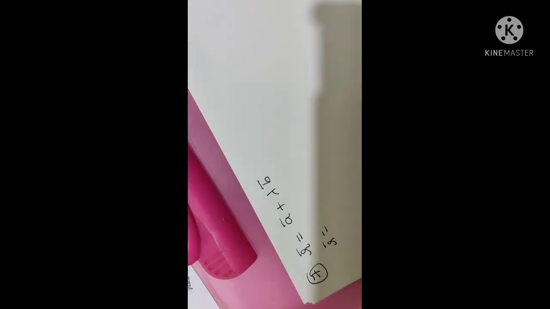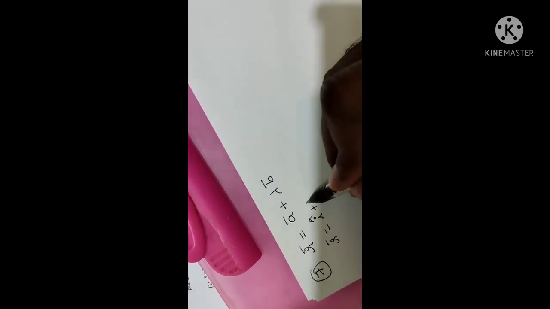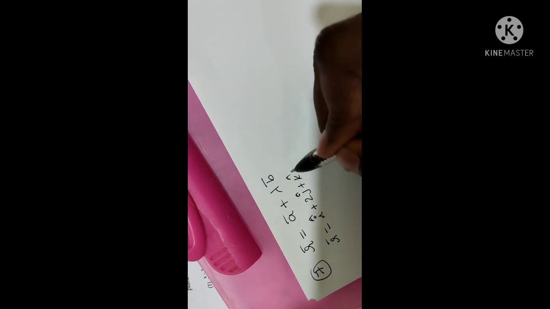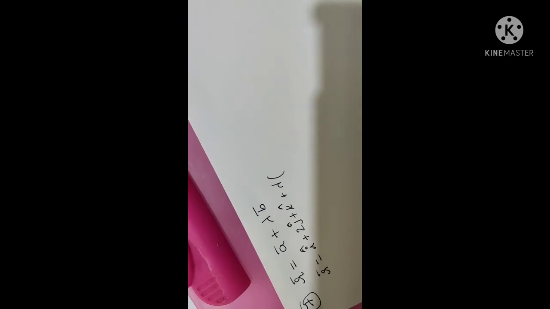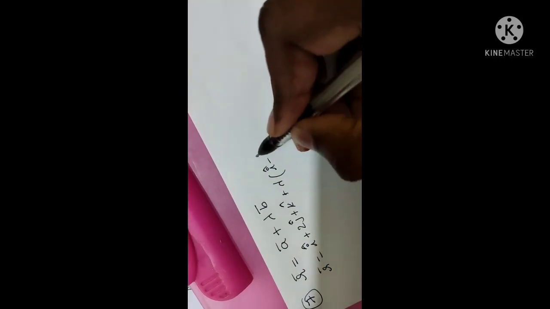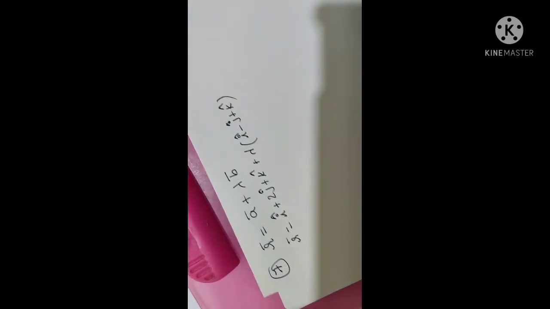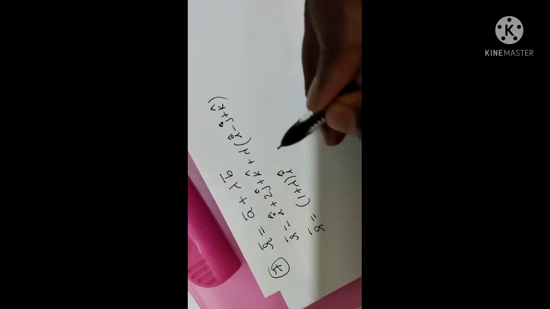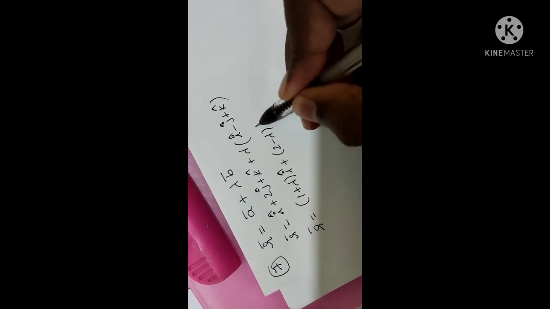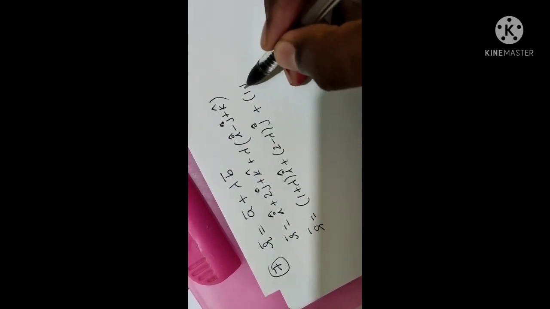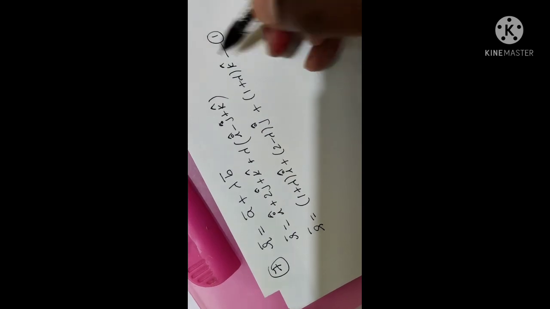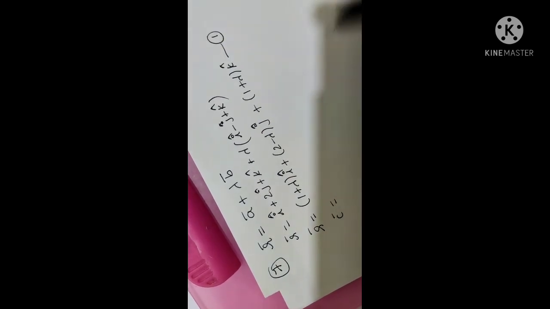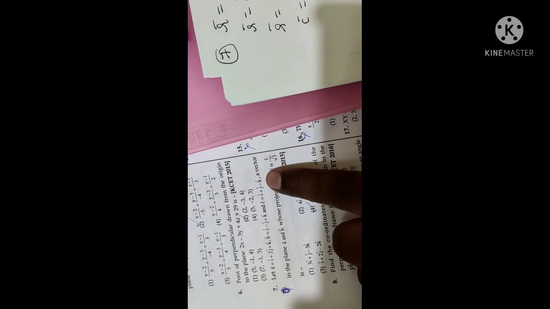Then R bar equals to A bar is the first vector I plus 2j plus k, plus lambda into B bar is the second vector I minus j plus k. If you simplify, R bar equals to I common 1 plus lambda into I, 2 minus lambda into j, 1 plus lambda into k. And third vector is C bar. What is third vector? I plus j minus k.